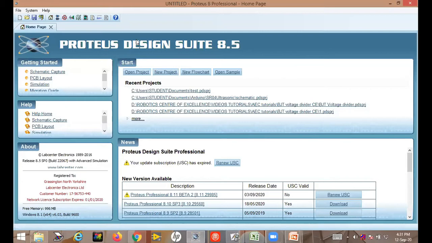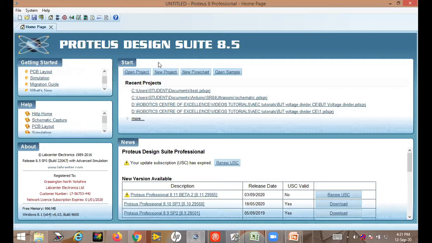Since you are electronic students, you should know how to use Proteus. Because by using Proteus, what are the things you can do? You can design schematic. This is the schematic. Then you can design PCB also. And in this platform, you can also write embedded system code and run simulation to see the result. Okay. So these are the things that can be done in this platform. This is a very helpful platform for you. That's why every electronic student, or all students, should know how to use this platform.